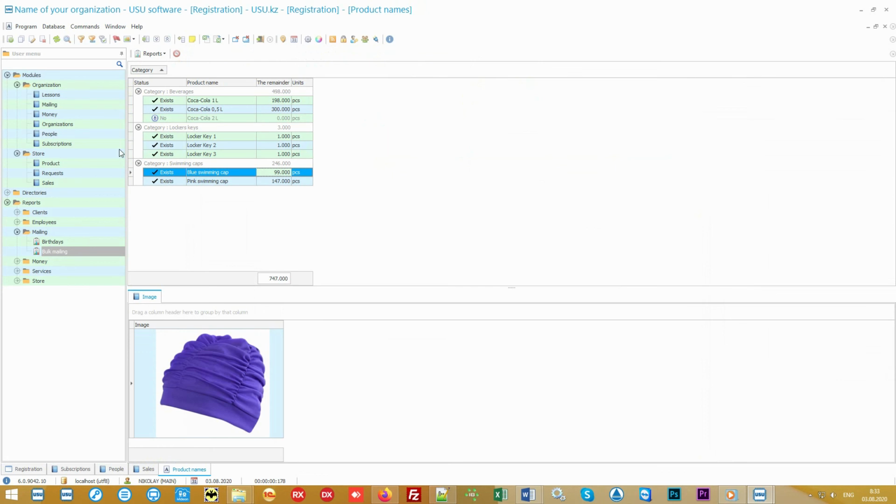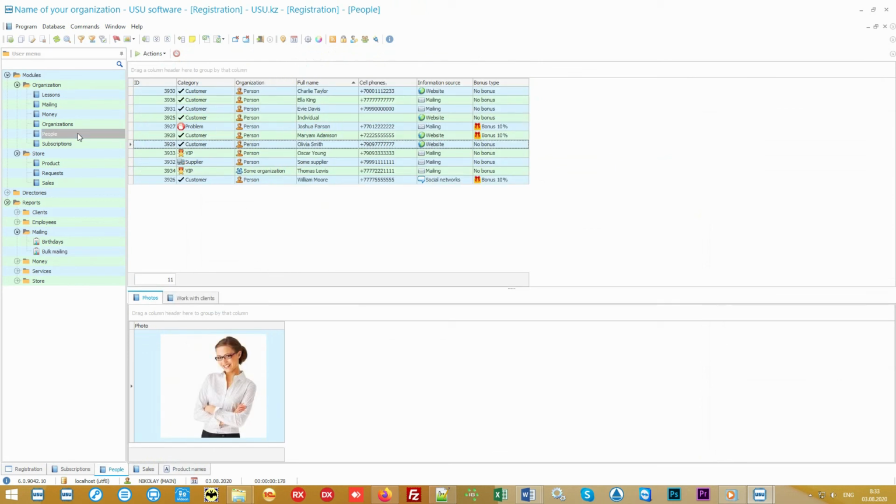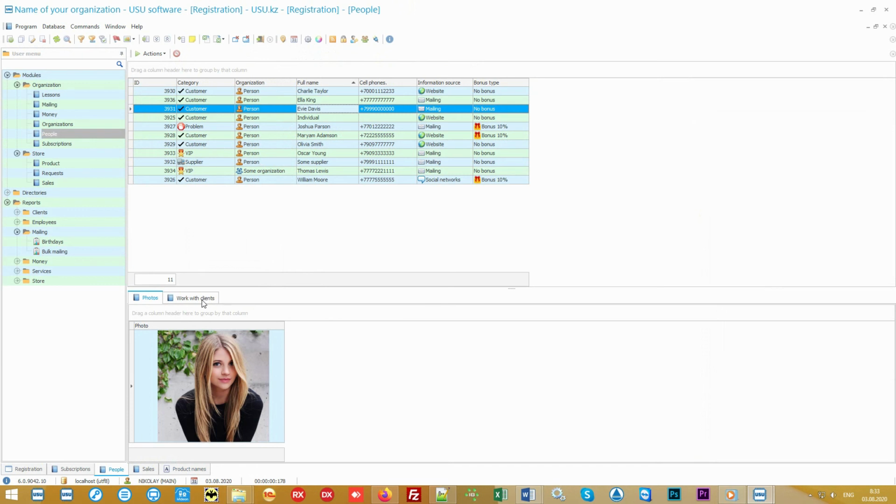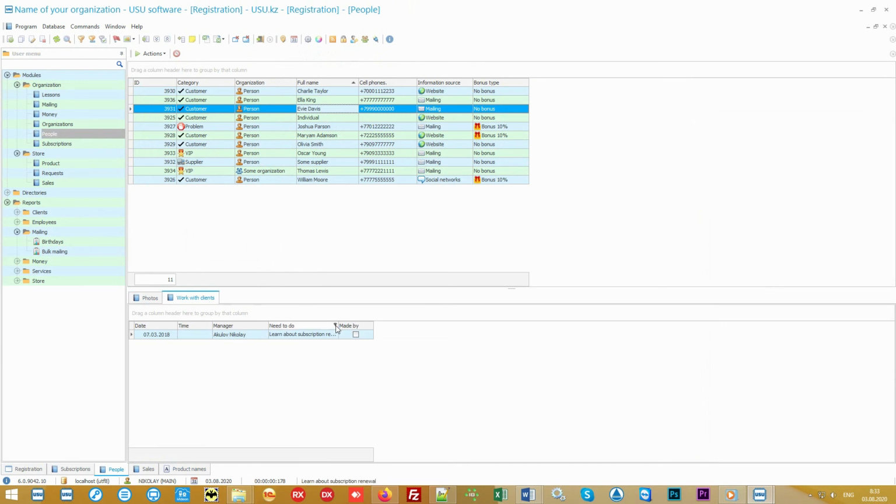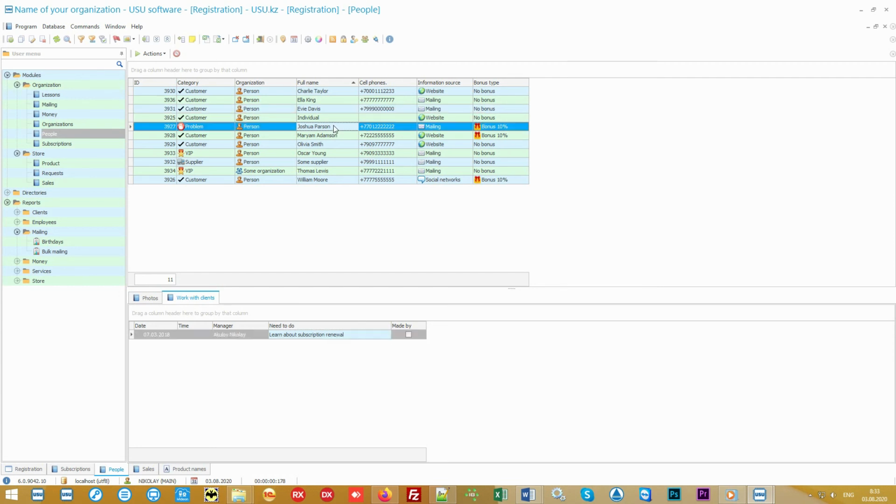Our program is perfect for both small organizations and large centers that have sales managers among their employees. Our software is implemented on the principle of CRM, a system of customer accounting and relationships. Your organization will even be able to mark all preliminary contacts and the results of negotiations with potential customers.